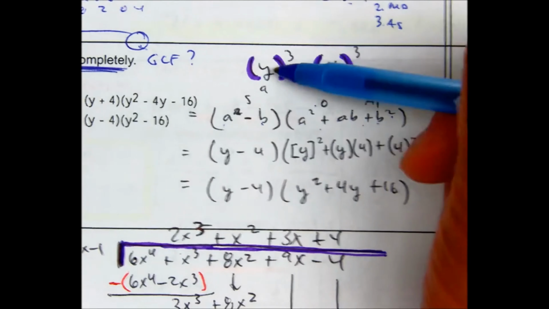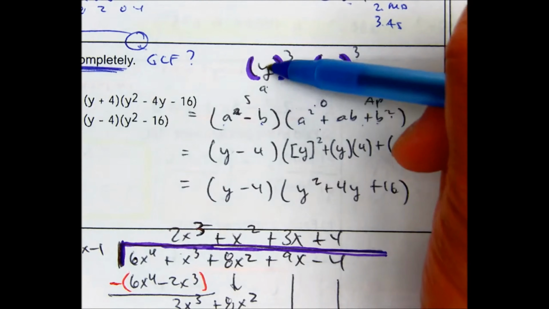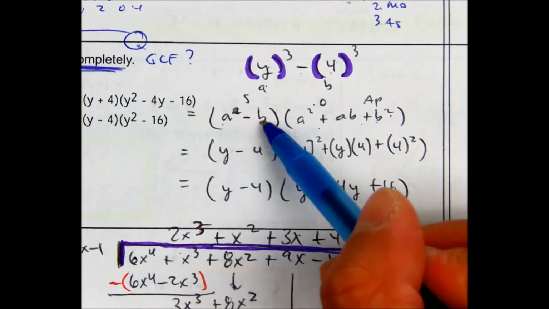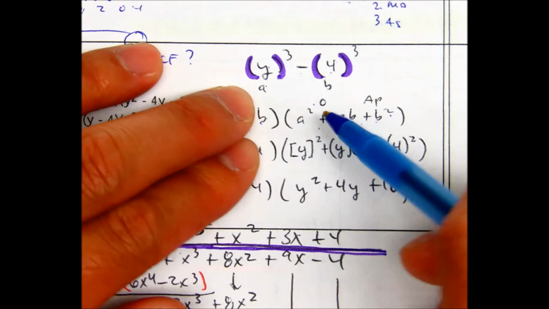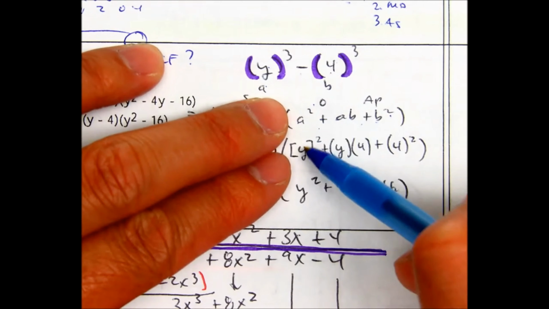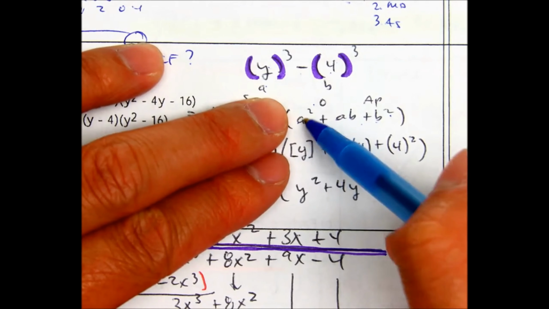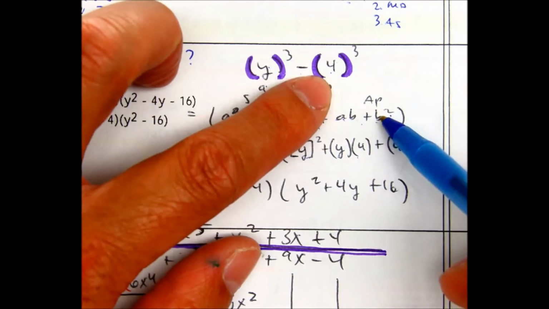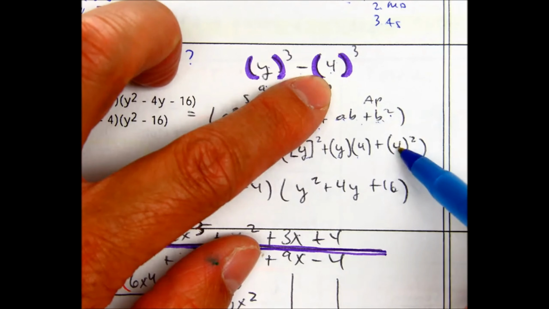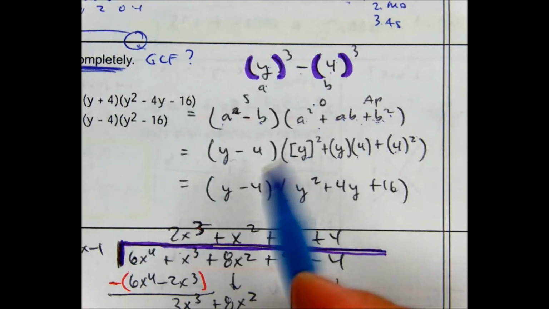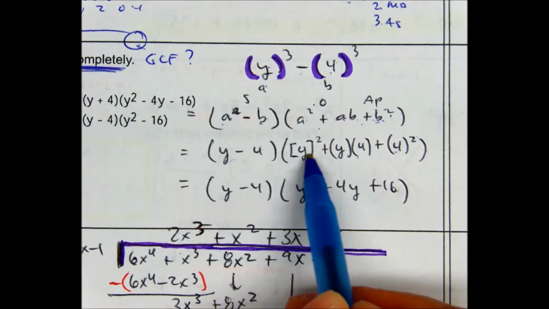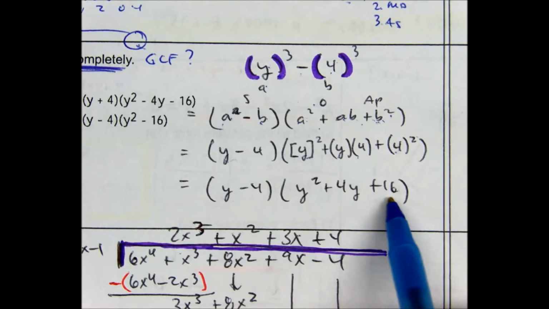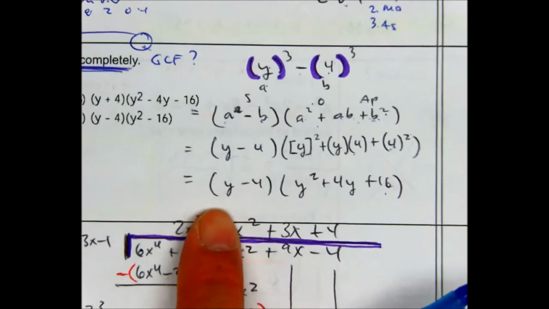And then you're going to substitute in your values. So your a value is going to be y, and your b value is going to be 4. So there's my a value. There's my b value. Now my a value I'm putting in parentheses or brackets. And then you're doing a substitution, so again, put that in parentheses so you have 4 squared. So if you clean it up, same, same, same. Y squared is y squared. This becomes 4y, and 4 squared becomes 16. And then this matches choice